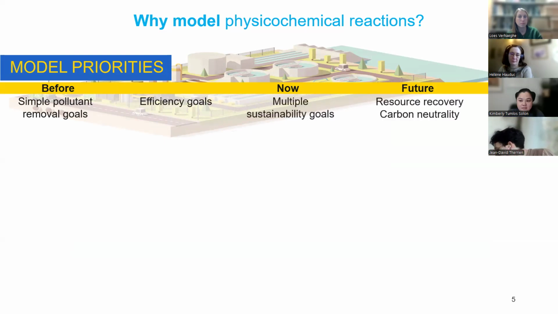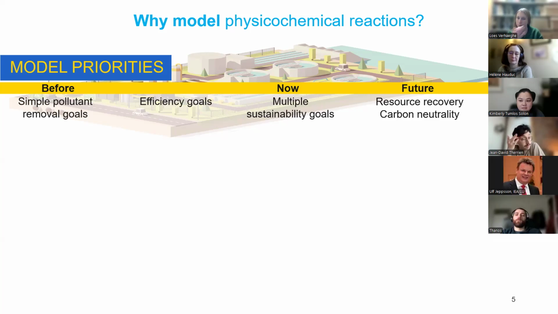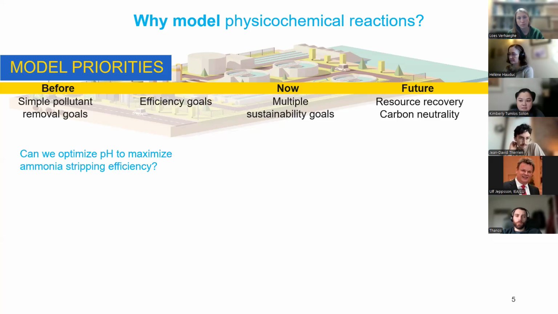And more currently, we are now also more focused on sustainability and having these multiple goals. For example, resource recovery, carbon neutrality, avoiding greenhouse gas emissions. So we have so much more priorities, and the questions that we are asking before have also evolved. So for example, new questions that wastewater treatment plants are also asking are, for example, can we optimize pH to